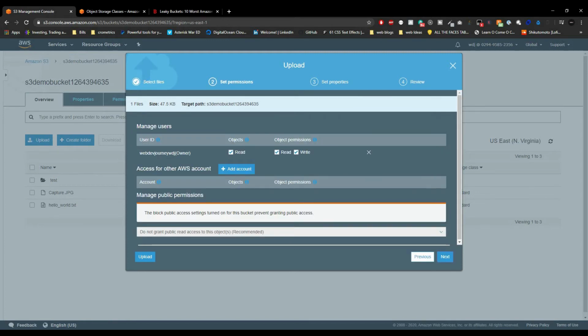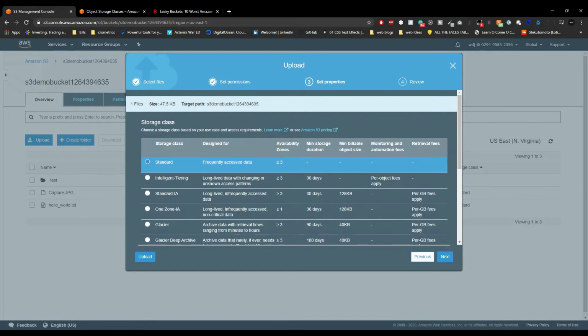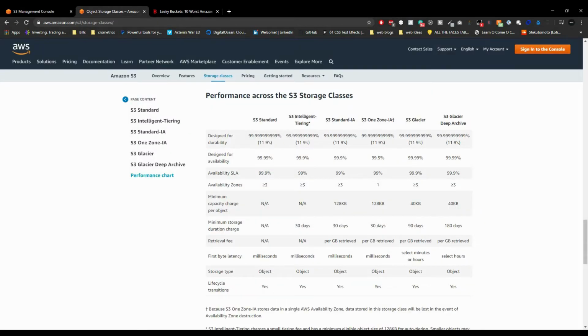On this screen, you can set up your permissions for that file. But let's go to next. This is what I want to talk about right here: the different storage classes that S3 has. I do have a chart up here that will tell us more about it. This chart on the AWS website, which I will have in the description, gives you a pretty good overview